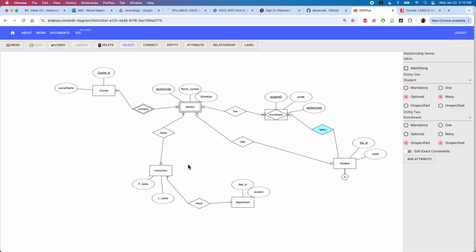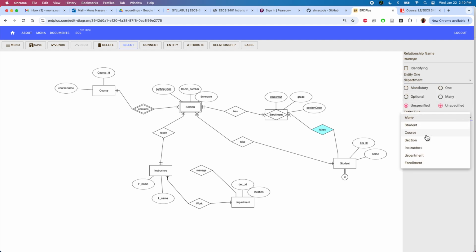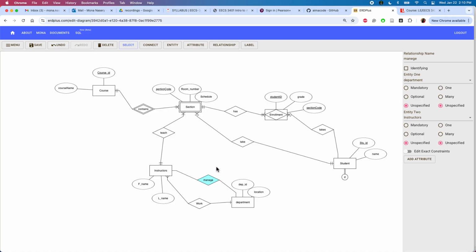Okay, so we also add another relationship here that we said is managing the department. This is the relationship between the instructor and the department. And the relationship was one-to-many again. So we said that each, did we define it as one-to-one or one-to-many? If we say each instructor can manage only one department and each department can only have one instructor, then